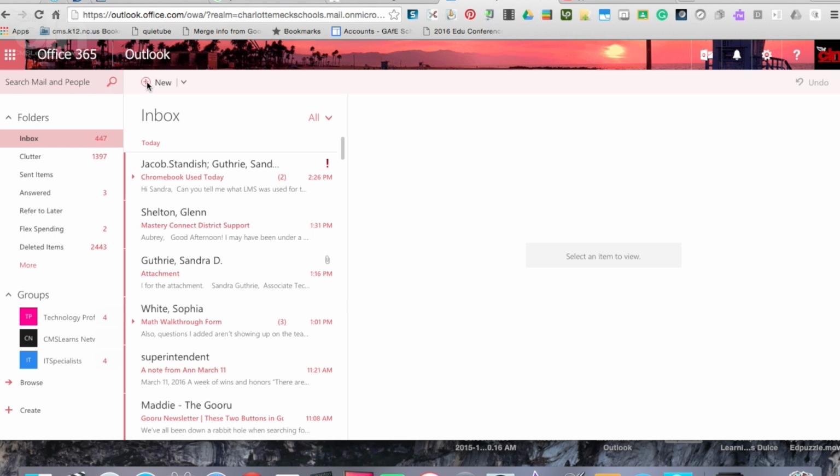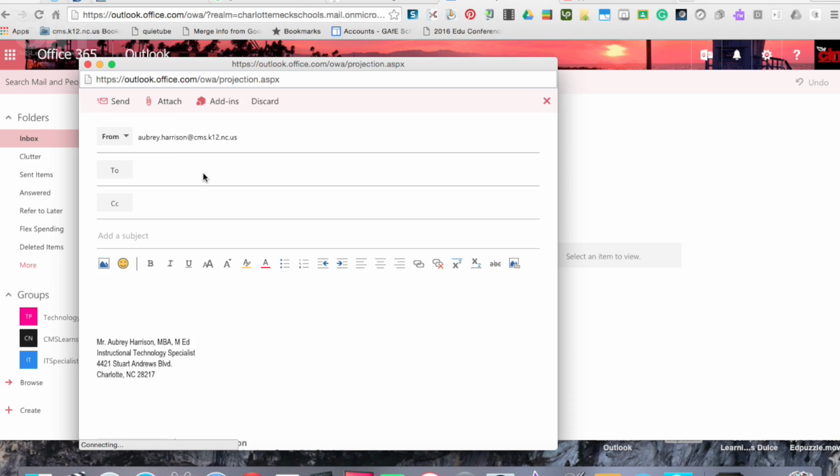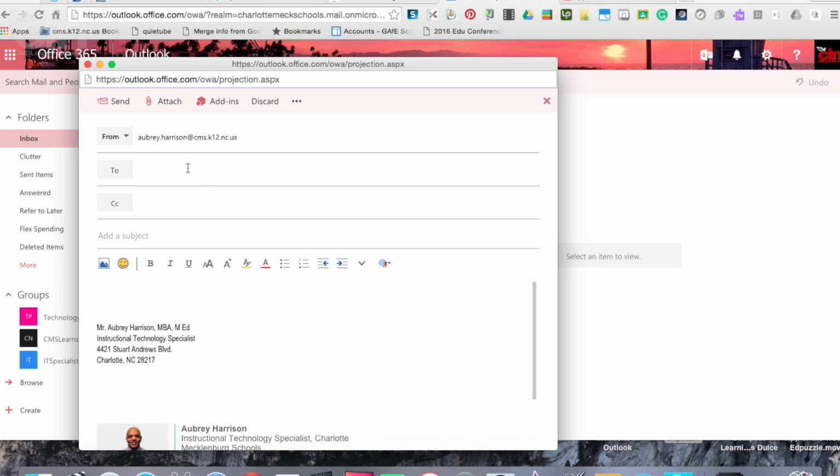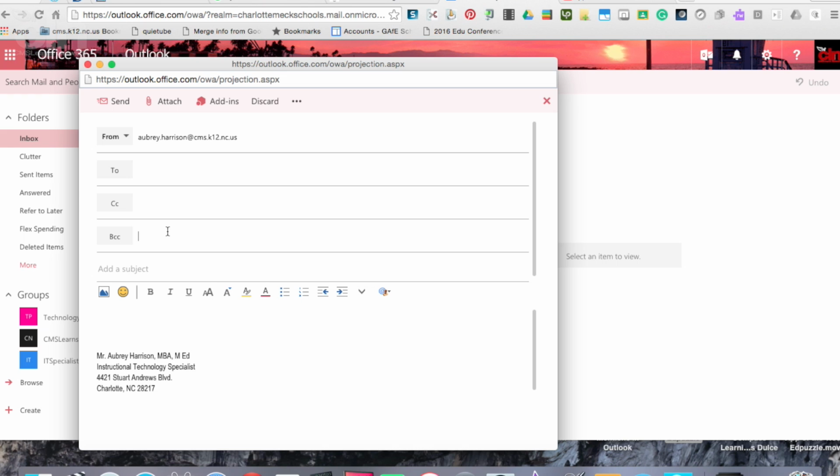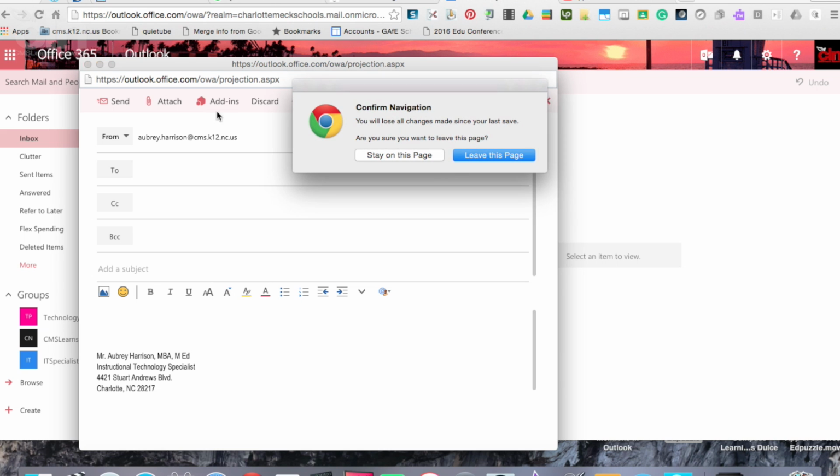When sending an email, you'll notice that by default, the blind copy does not show. Now, you can always click the three dots up here, the More section, and that will give you the option to show your blind copy. But if you want that to be the default, if you always want your blind copy to show,